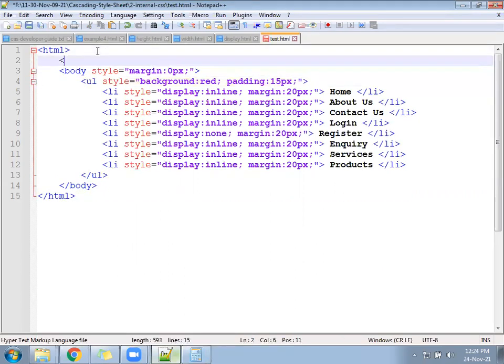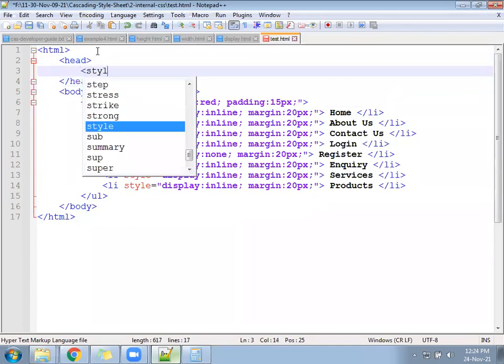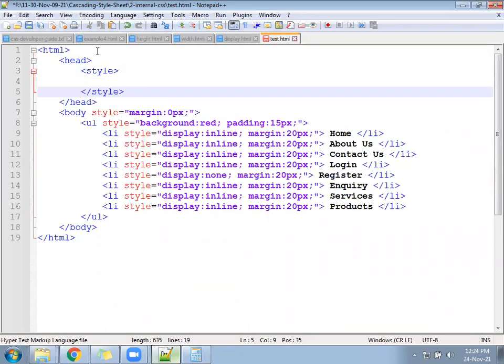Go here. Now right here, write head and open the style. Under the style,